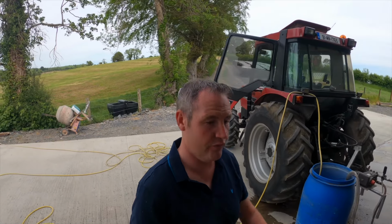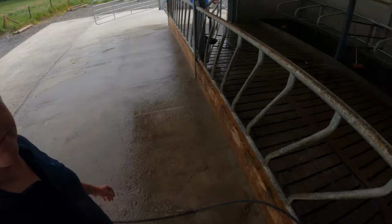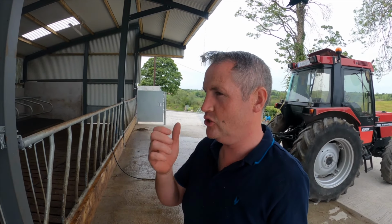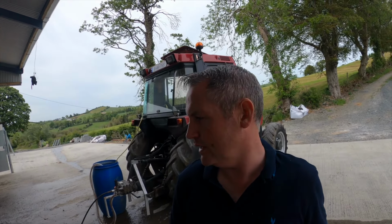So forgive me if I'm covered in muck. Good reason, middle of washing, halfway through this shed, but it is highly frustrating. I'm 3 hours at this shed now, and I should have this house washed out in nearly an hour, easily. It's only a small shed, it was wet down, stuff's coming off lovely and easy, there's not a whole pile on it. But my biggest problem is,